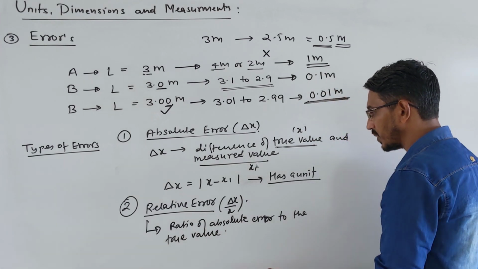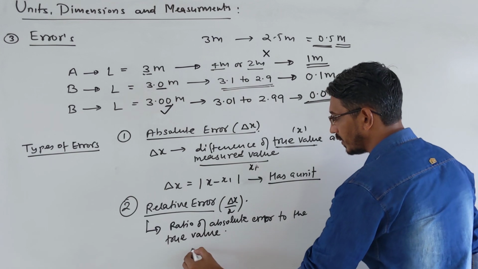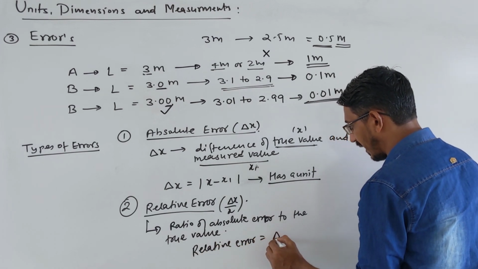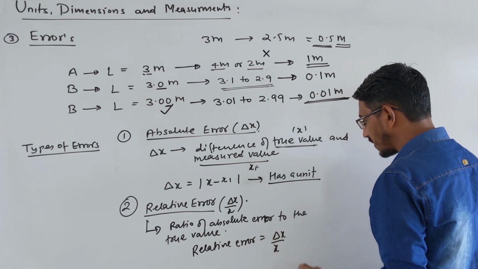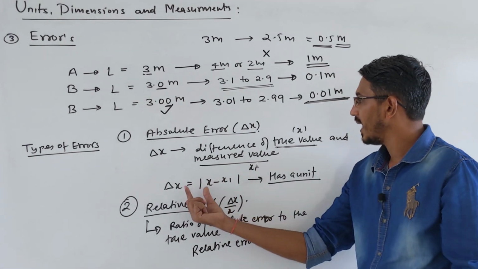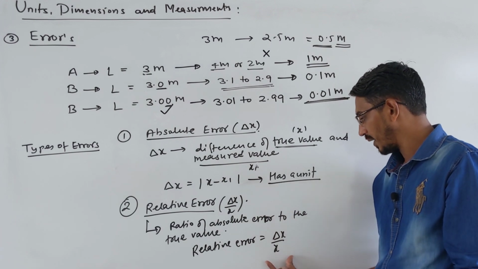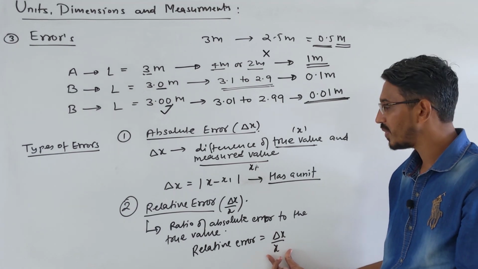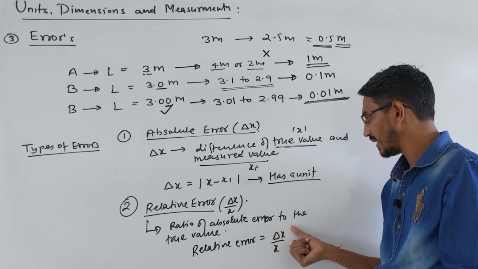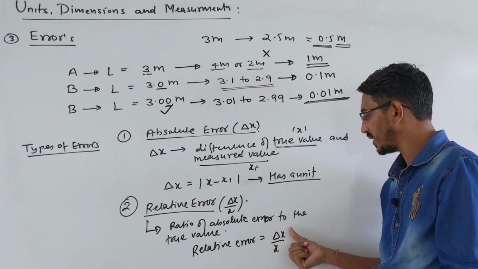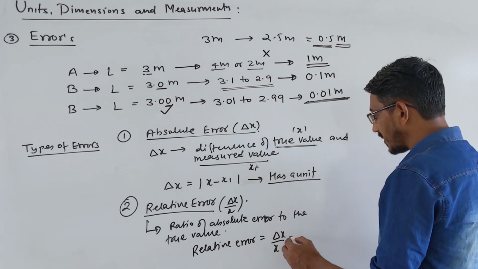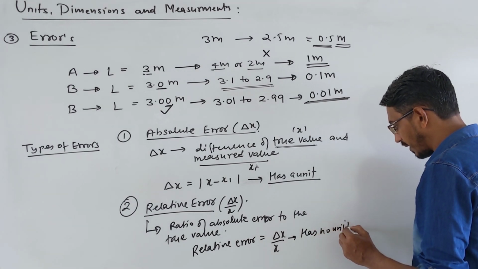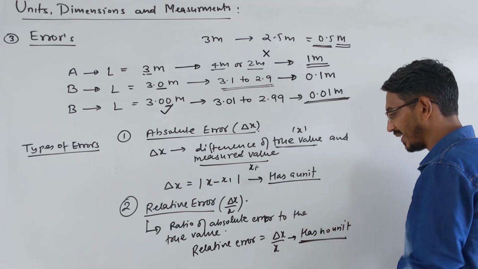Now what is important here? So when you want to write relative error, how will you write it? You say that relative error is del x by x. Clear? Now understand here. The earlier error has a unit. Now can you tell me whether this error has a unit? No, it doesn't have a unit, because in del x by x, this also has a unit, this also has a unit, and the units get cancelled. So what is important? It has no unit. This type of error has no unit. Keep in mind.